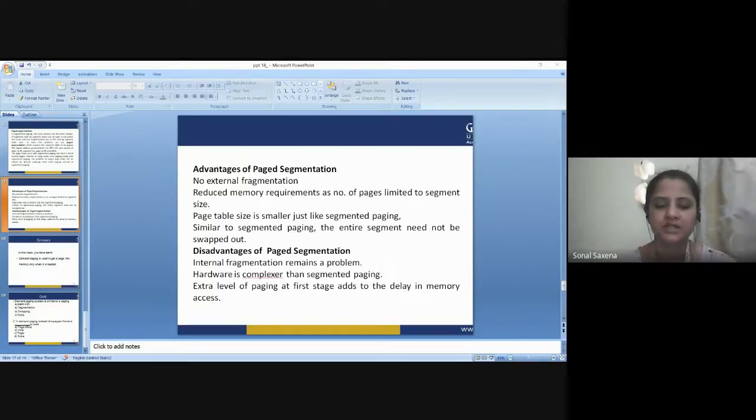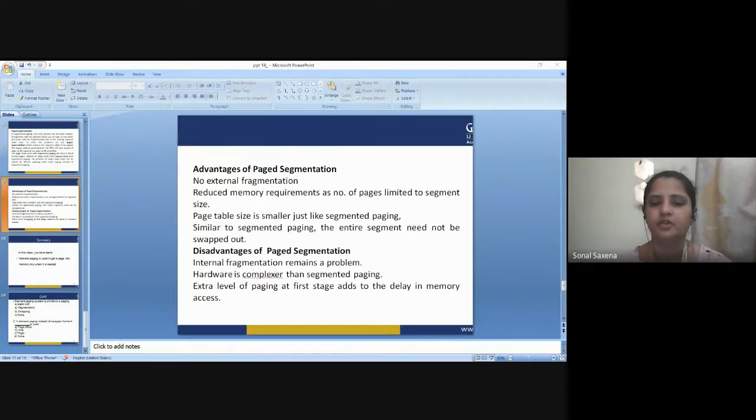Now what is the size of each segment? It is given by the process size divided by the number of segments. Here the process size is 2^16 bytes and the number of segments is 8. So 2^16 bytes divided by 8, which is 2^3, gives 2^13 bytes, which is equal to 8 kilobytes. So this is what we have as a solution.